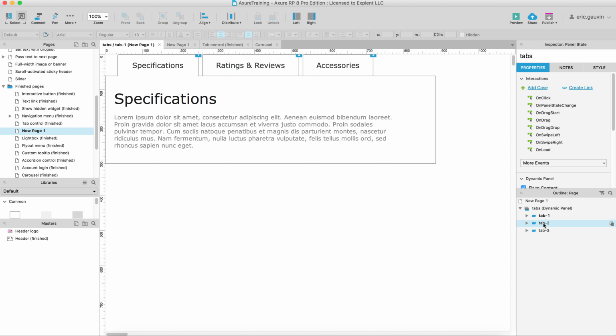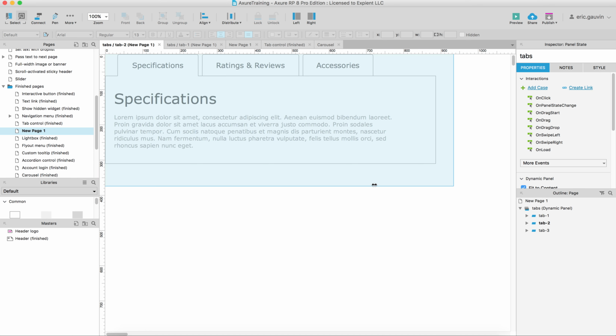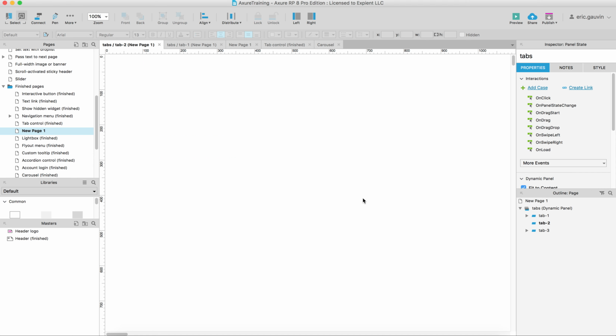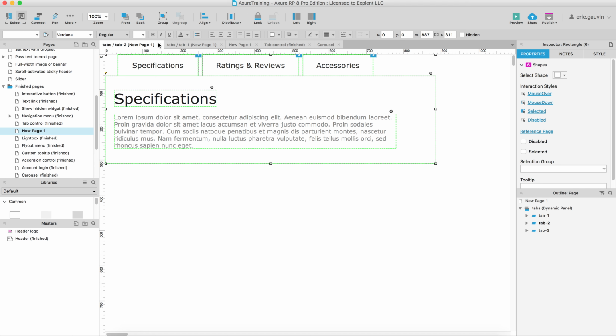So now we are not there. My computer's very slow right now. So now we're on tab 2. I'm going to select all, delete, paste, close it,